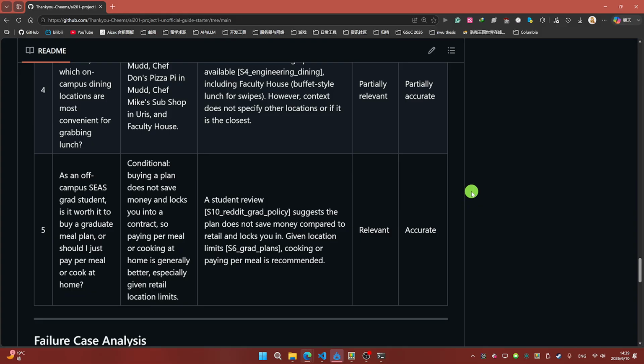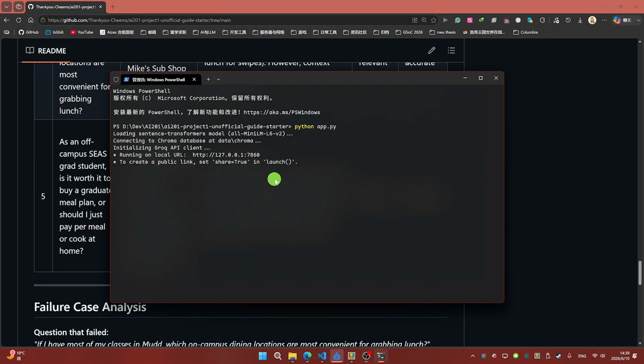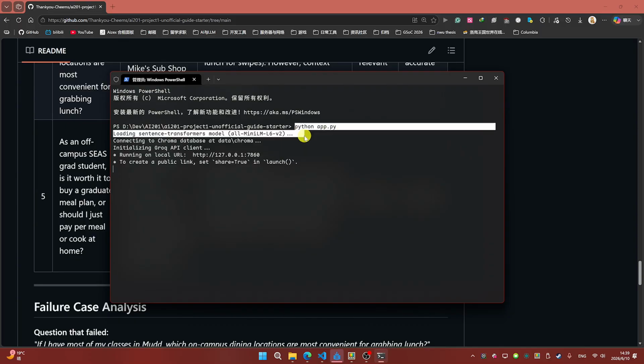Moving forward, I plan to optimize the vector index by implementing hierarchical chunking for location directories. And I think the second important thing is that I just installed all the requirements directly into my system environment, and I forgot to use a virtual environment instead. I think using uv instead of pip might be helpful, because I've heard that the virtual environment with uv is better than using pip, and I definitely will try it